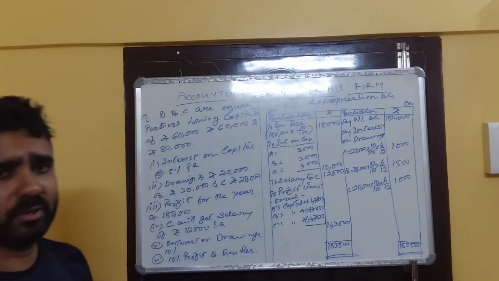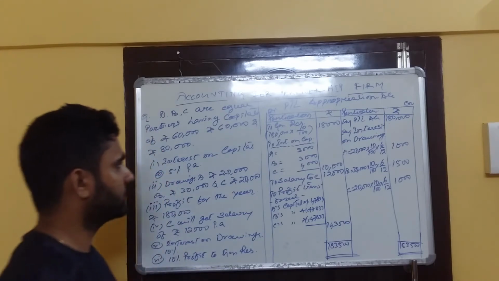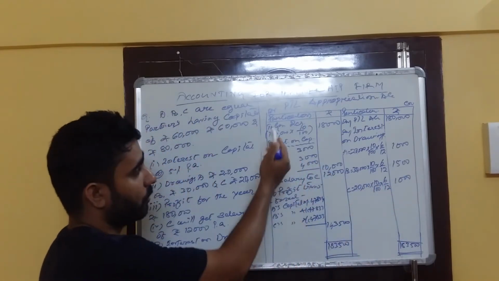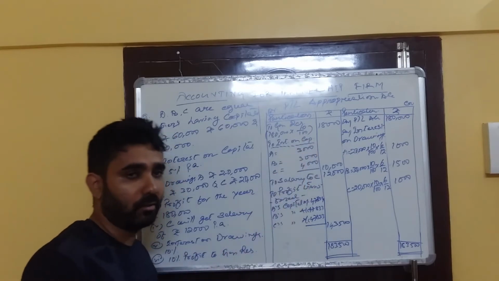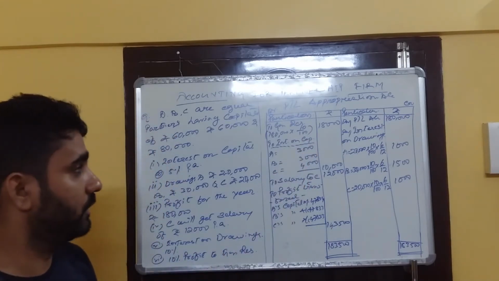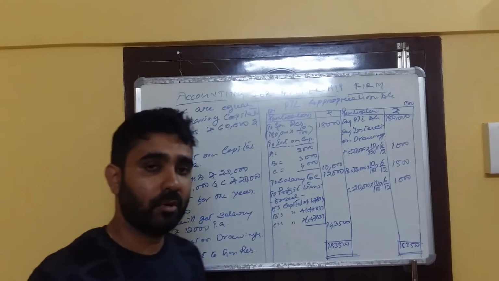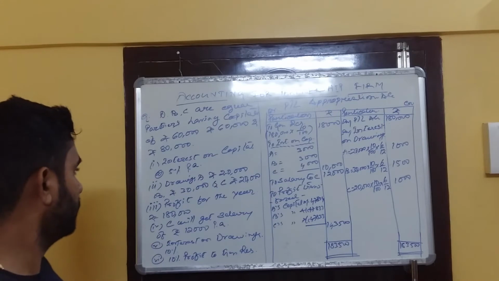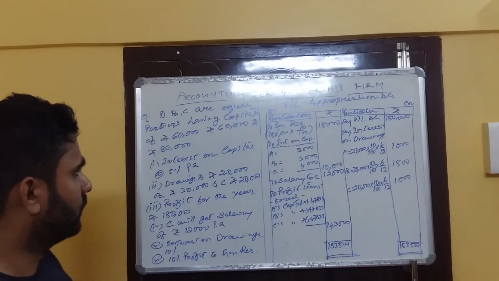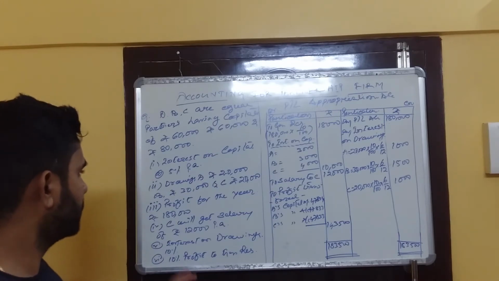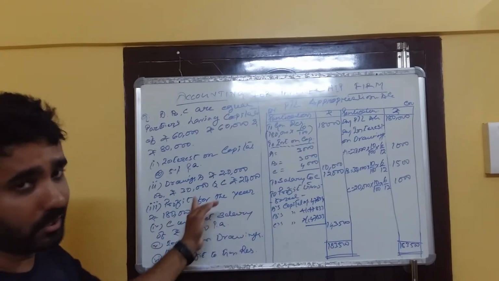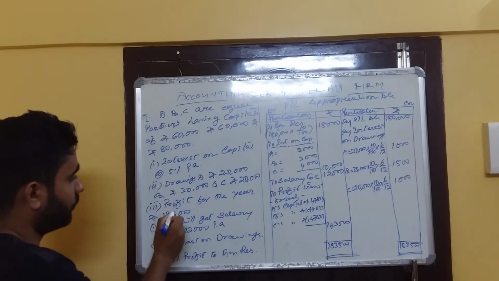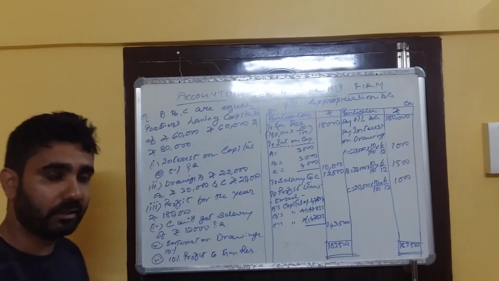Let's start solving the question. So our format is particulars and amount, and we are asked to prepare the profit and loss appropriation account. Profit and loss appropriation account is the extension of the profit and loss account. So let's start solving the question. First we need to see where the profit is given. Where is the net profit for the year given? In the condition number 3, profit for the year given rupees 1,80,000.